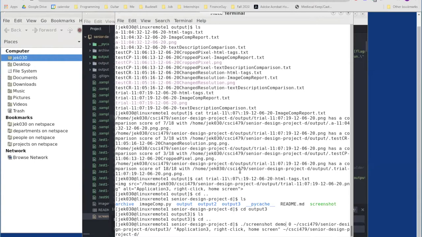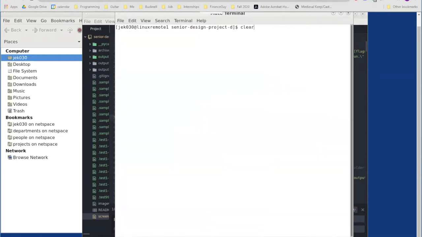This is the demo video for Project D, the Visionist screenshotting tool. So our project was a script that can be run through the command line. So I'm just gonna go ahead and clear it. And so to type in our script,